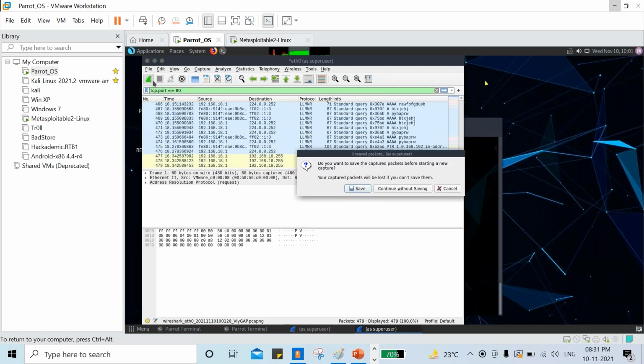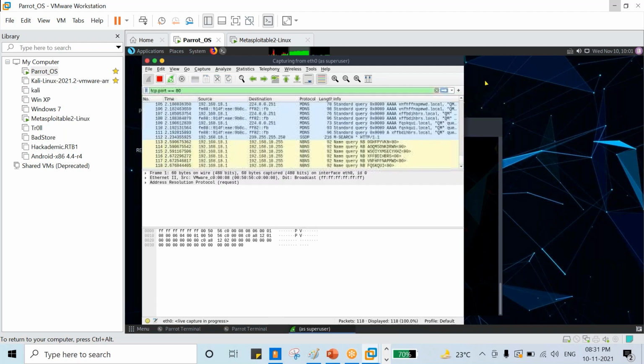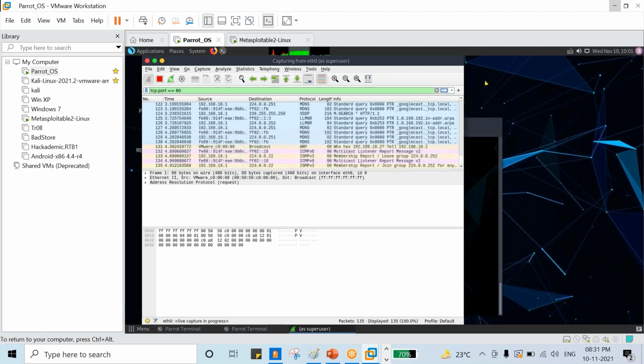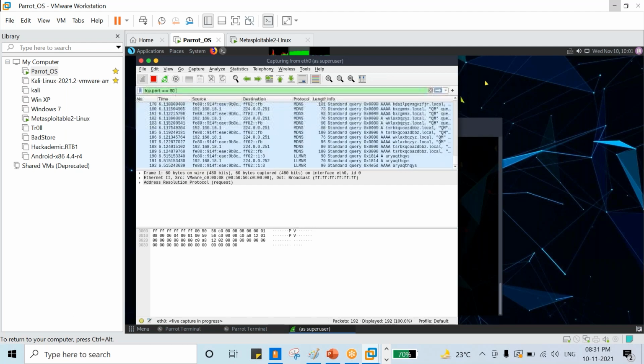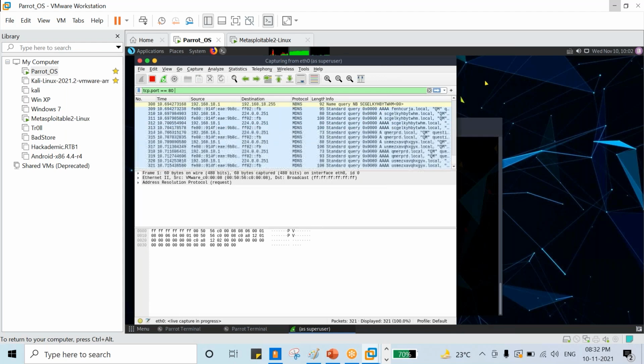Now, whose traffic is coming? It will confuse you, that's why I'm applying the filter.